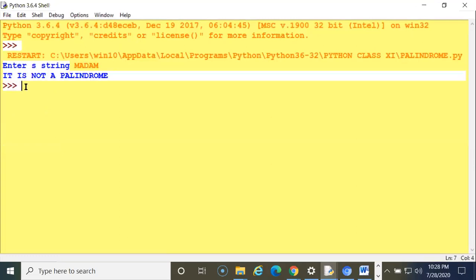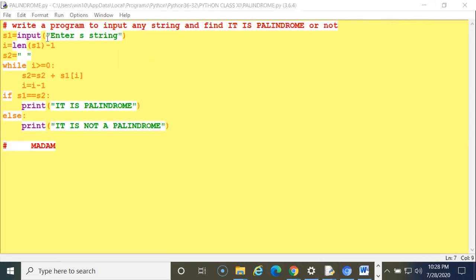See, I have given a space, that's why it is showing not a palindrome. So it will check the value. And from beginning or ending, so that is a palindrome. Now next program,